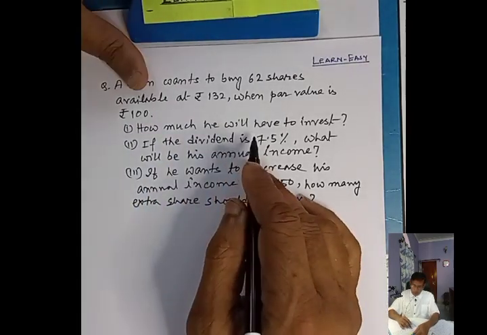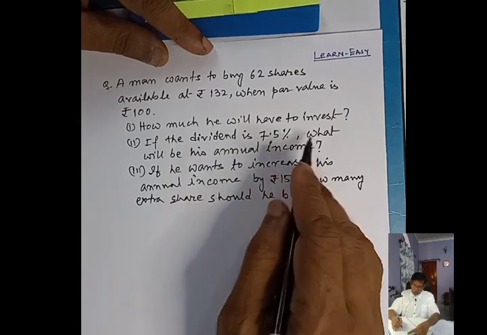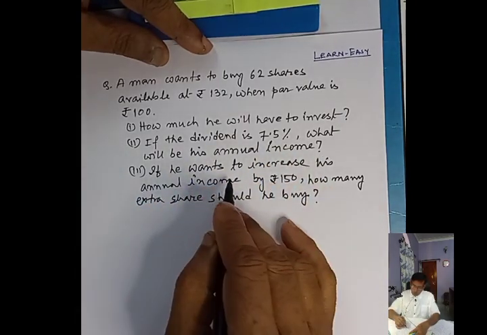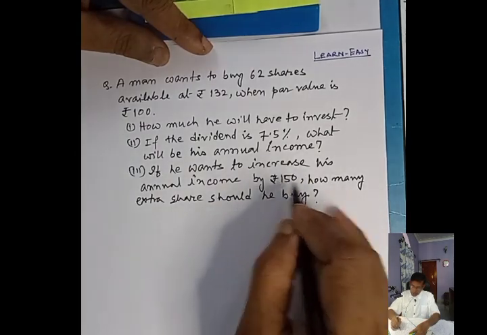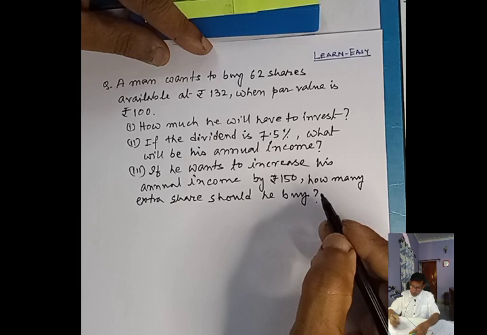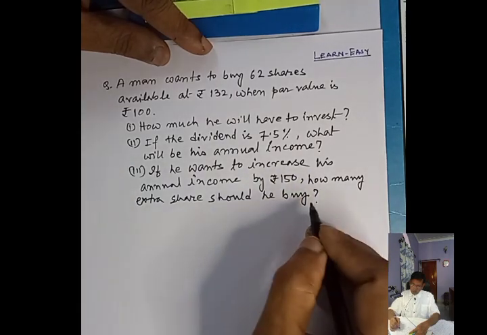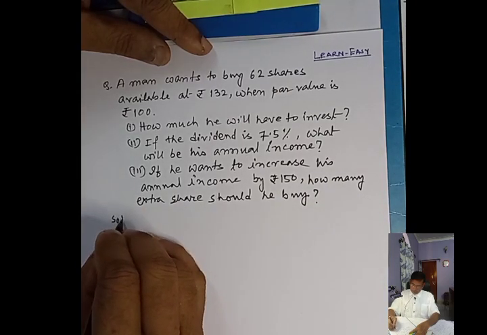How much will he have to invest? First question: if the dividend is 7.5%, what will be his annual income? Second question: if he wants to increase his annual income by rupees 150, how many extra shares should he buy? Interesting question. So the solution is